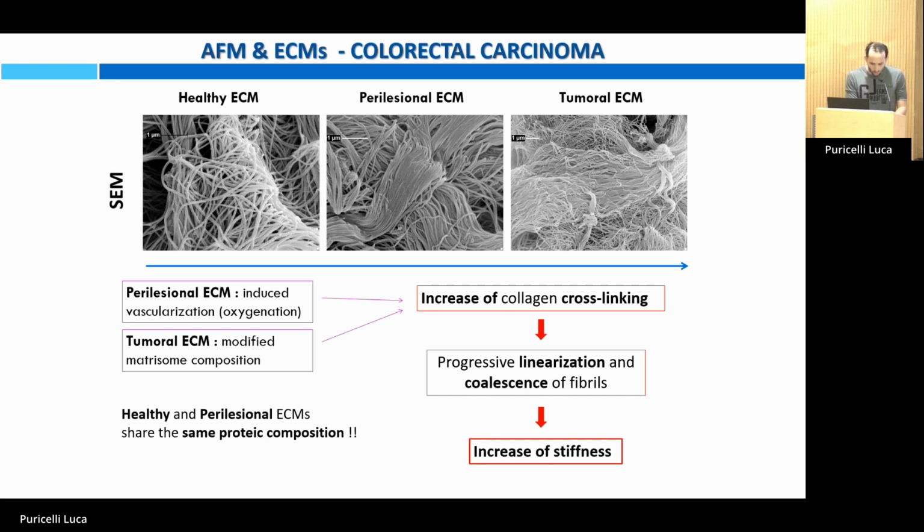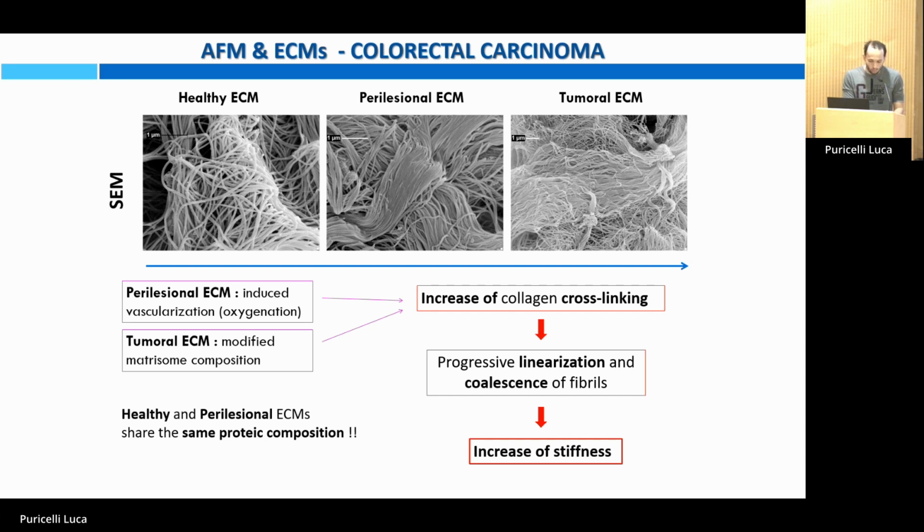Some other experiments performed by scientists at San Raffaele Hospital showed us that, in reality, healthy and perilesional ECMs share the same protein composition, so there is no difference in protein composition, but there is an increase in collagen cross-linking. So this is the key